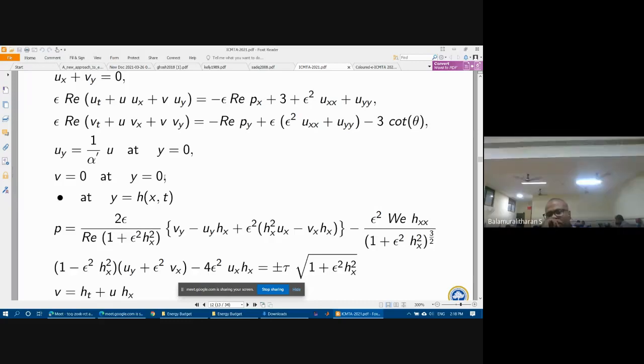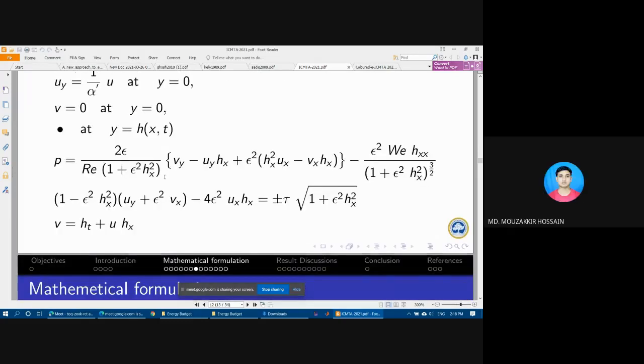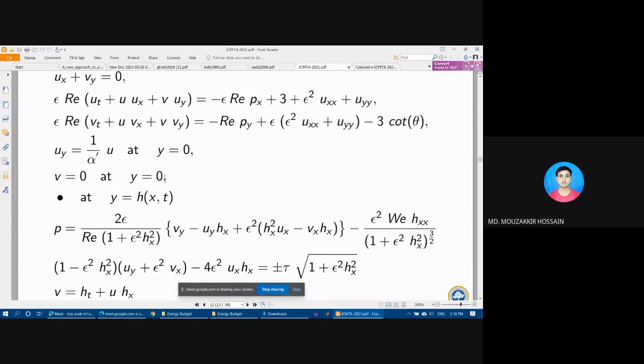Which procedure or which method do you apply to get this analytical solution? Sir, this is just after the perturbation. We have to find the zeroth order and first order terms. Then we use them in the kinematic boundary condition. From there we can get the velocity, the base flow velocity and the perturb velocity. Then after that we can get the nonlinear evolution equation.